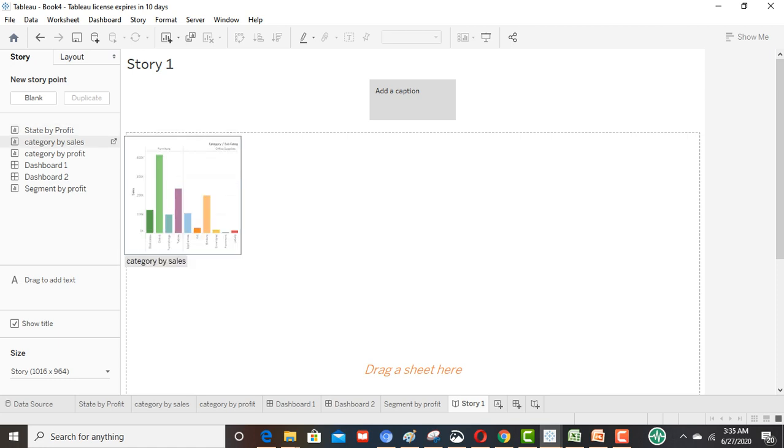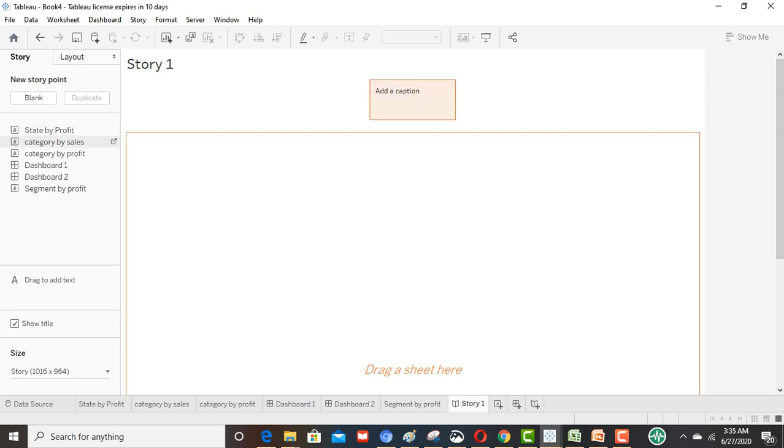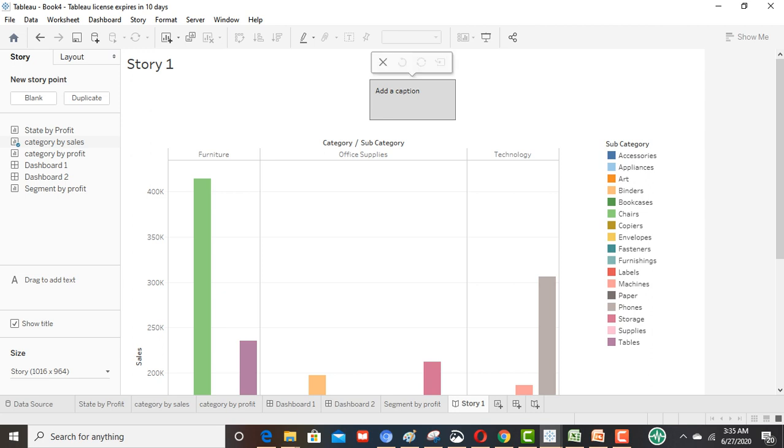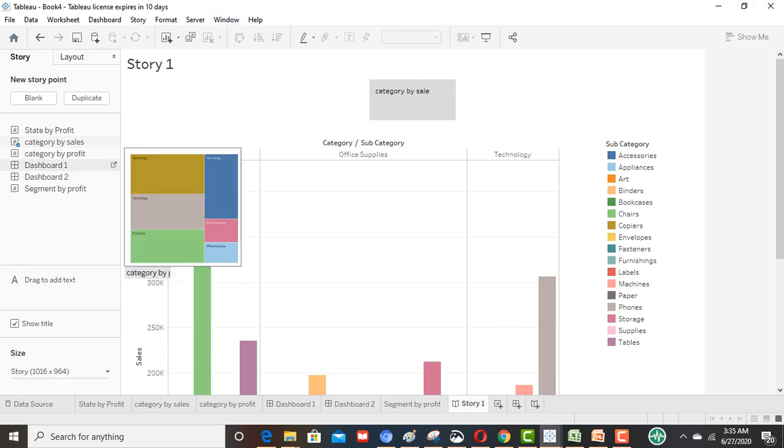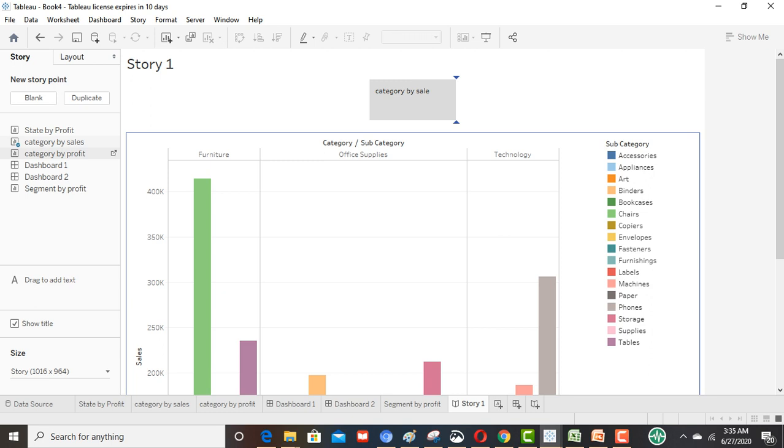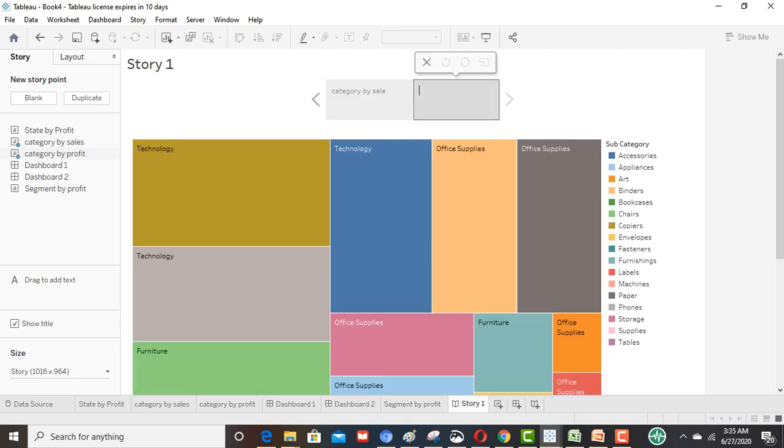At present I am going to drag and drop category by sales, and then here I can write it down so that I can understand what this option is. Category by sales. Now I am going to bring from here category by profit. So just dragging and dropping. Again I have to write